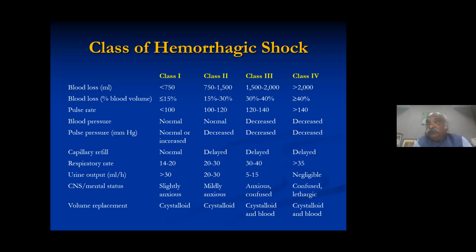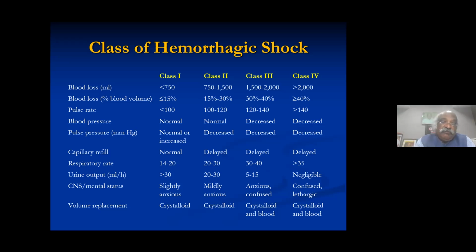Say, for example, for hemorrhagic blood loss, the treatment is volume replacement. Now, in the volume replacement, it's not that you always have to replace with blood. In class 1 and class 2, you can replace with crystalloid and recover, and arrest the bleeding at the same time. Whereas in class 3 and class 4, along with the crystalloid, blood is necessary. Simple crystalloid is not a solution for that.